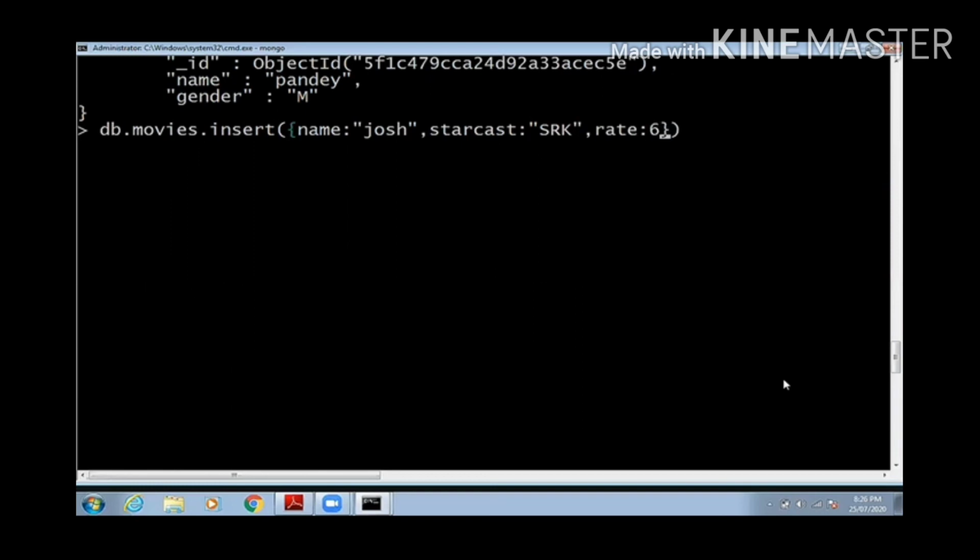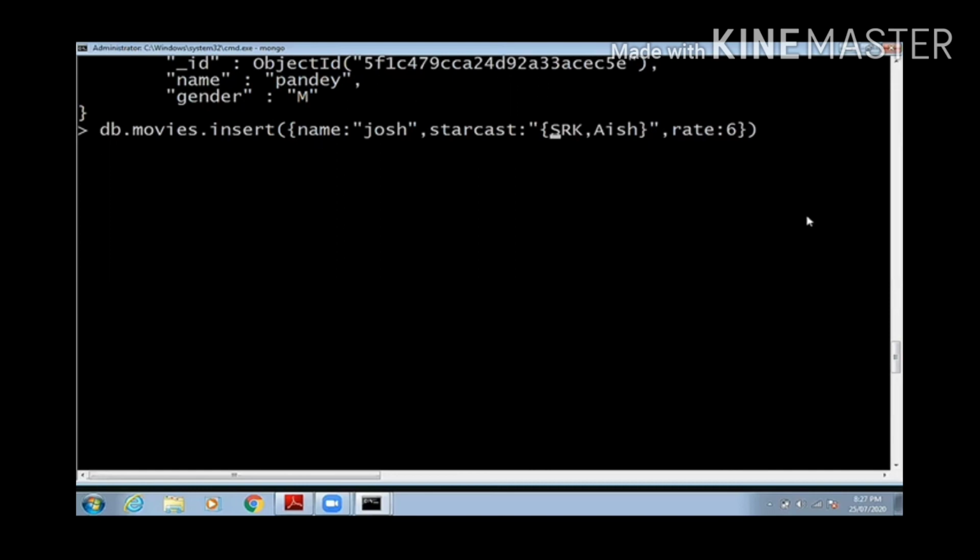Now I am using a new thing here. See, Starcast as a list of stars. Okay, so I can't give one only, so I am giving SRK and Ash as this Starcast. And since it is a list, it is not a single value, so for showing it as a list I will put a bracket.